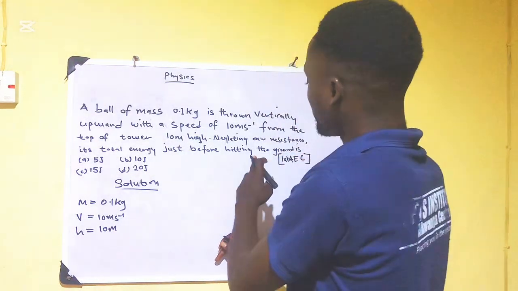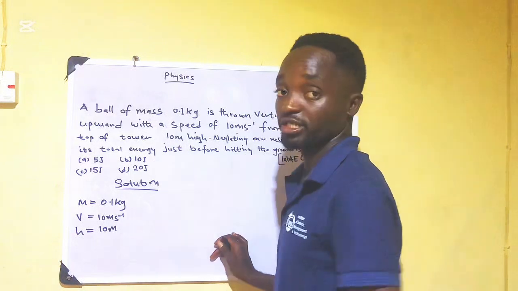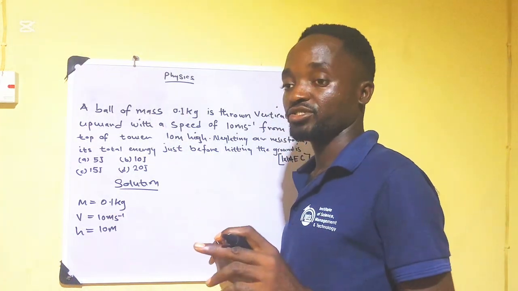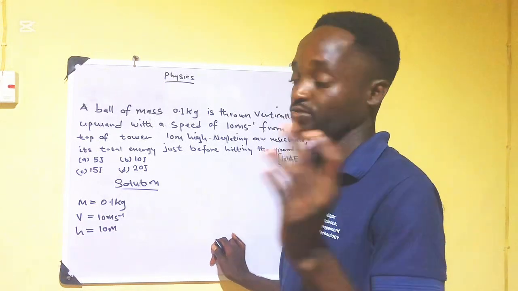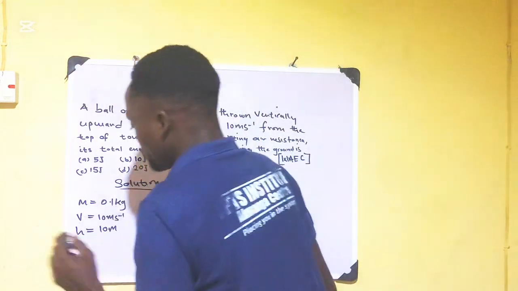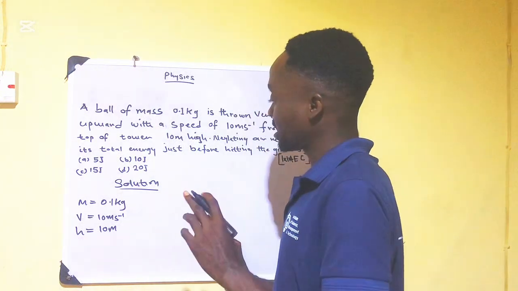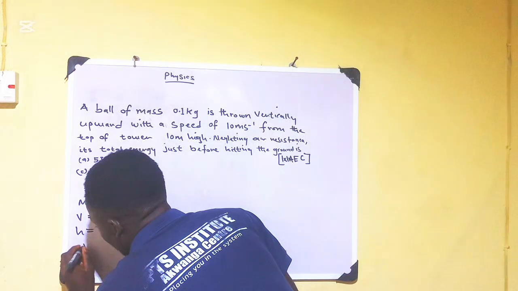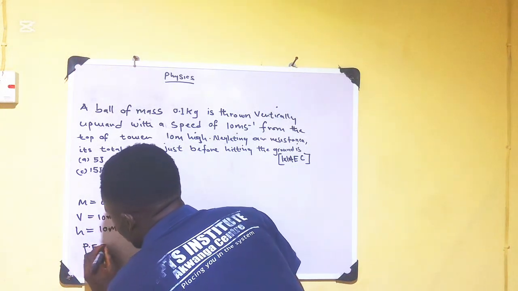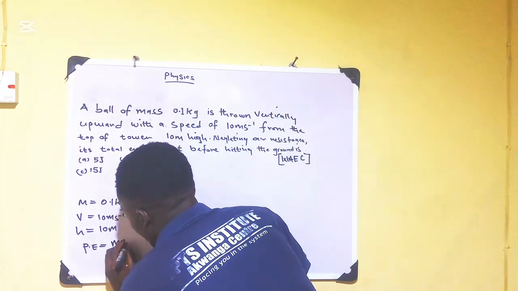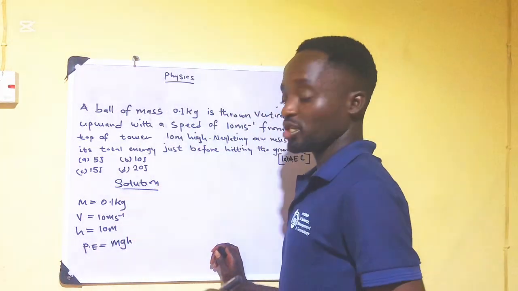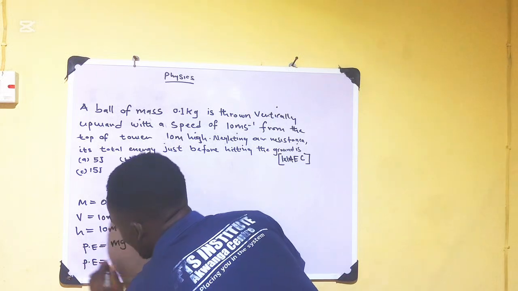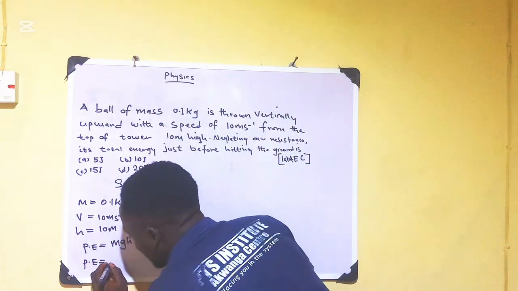Now, since the question is asking me to find the total energy, remember total energy is the sum of kinetic energy plus potential energy. So what I'm going to do is find my potential energy, and potential energy is given as PE equals mass times acceleration due to gravity times height. So my PE is going to be, what is my mass? My mass is 0.1